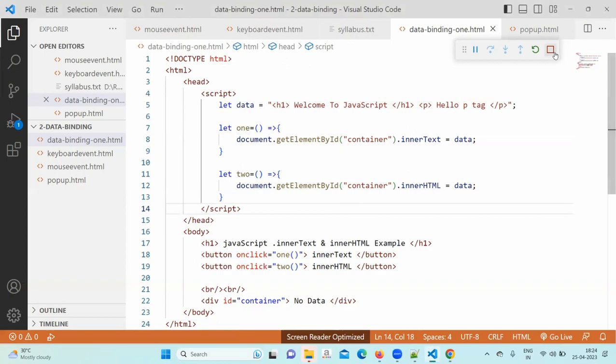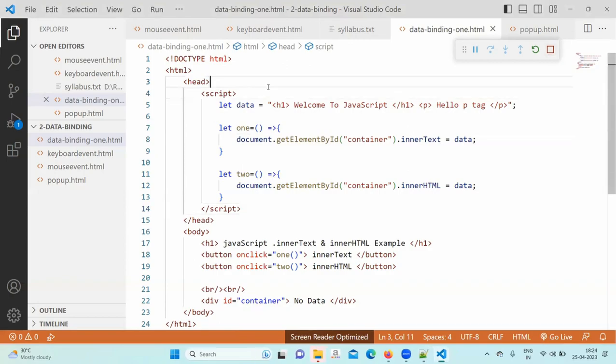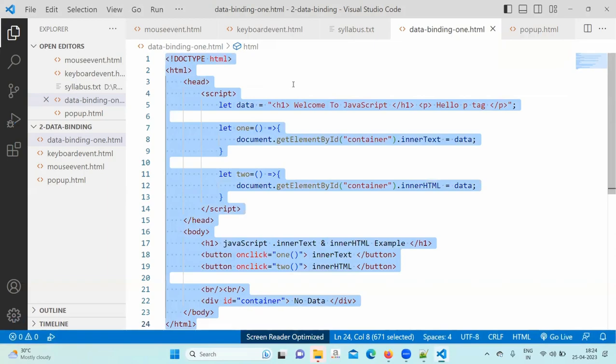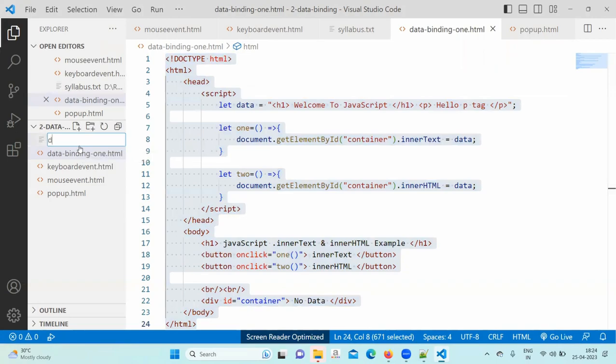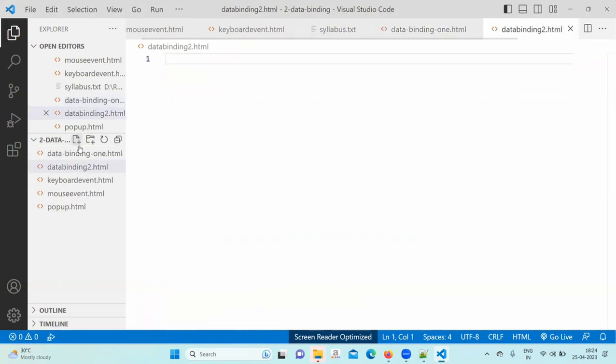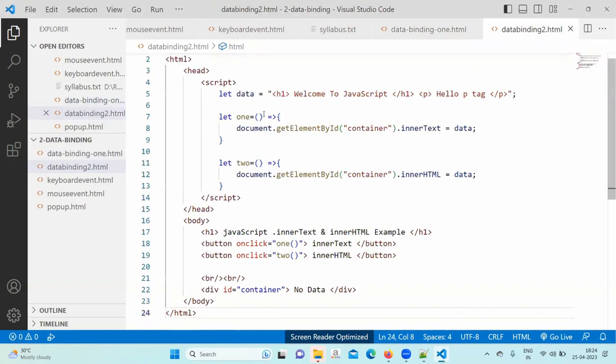Okay, no error, no nothing. Create the next file, data binding 2.html. In data binding 2.html,